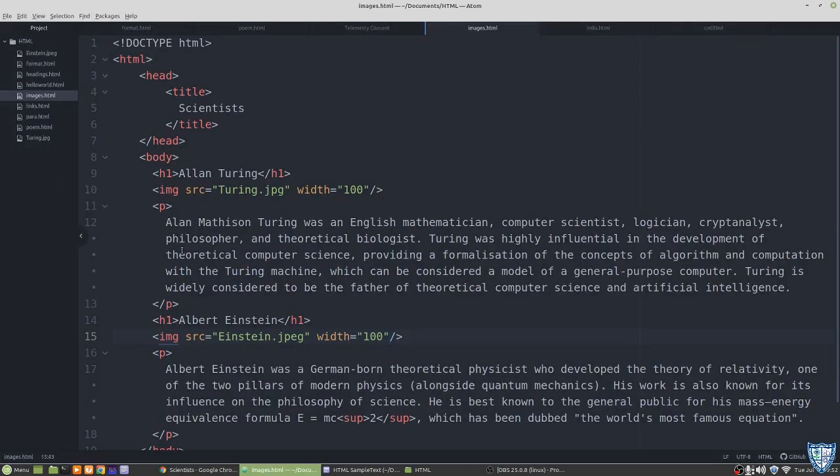Okay, so we have seen the IMG tag used for inserting an image into an HTML file, and three attributes of the IMG tag. First one, the most important, is the src attribute. There you will specify the location of the image you want to insert, and the width attribute is used to specify the width of the image.